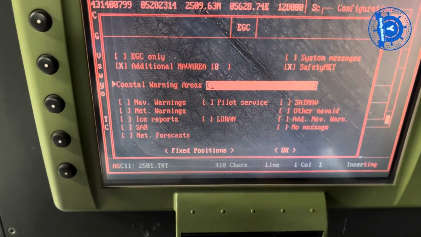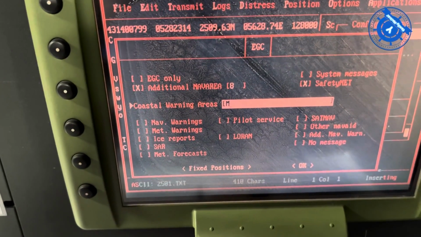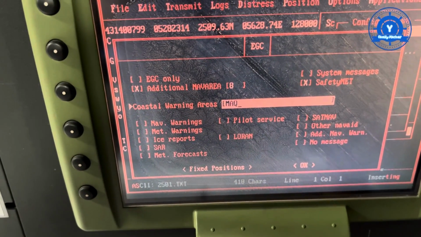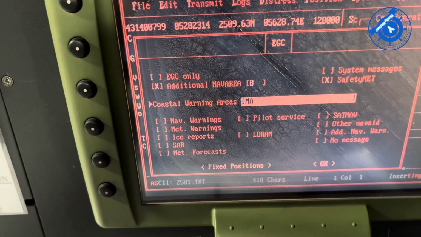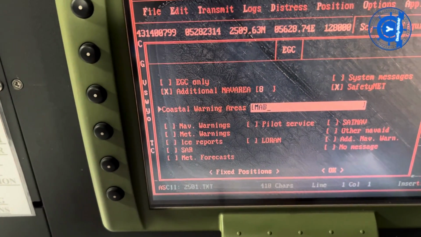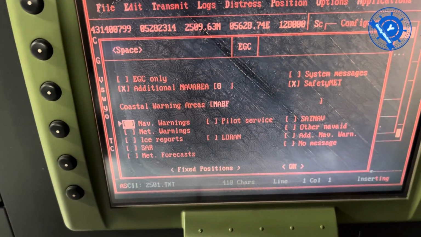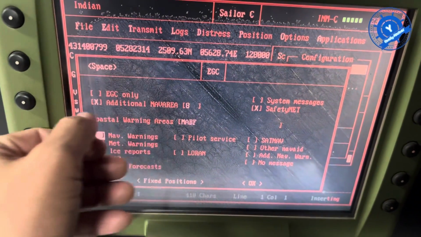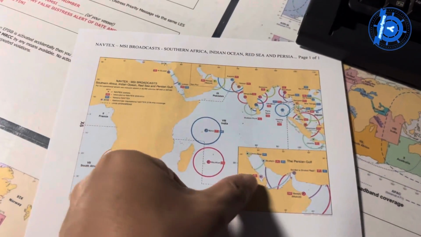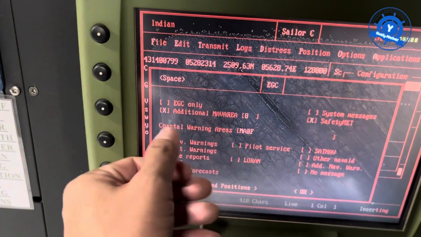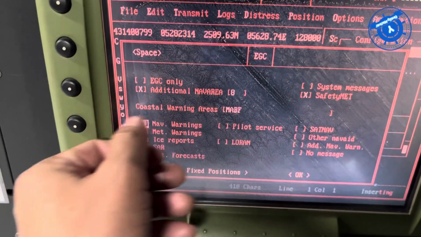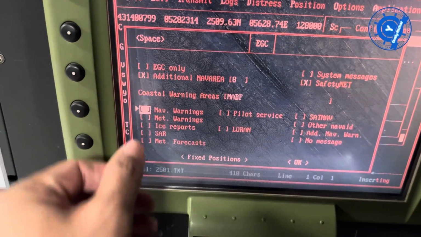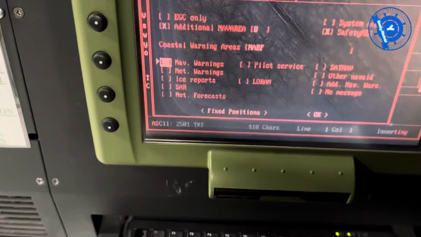So they had the Mike Alpha Bravo Foxtrot, and so they had this area. NAVAREA station is there already inserted. And in NAV area 1, you can try NAV area 1.